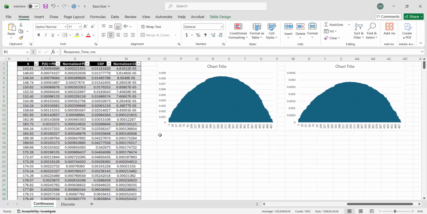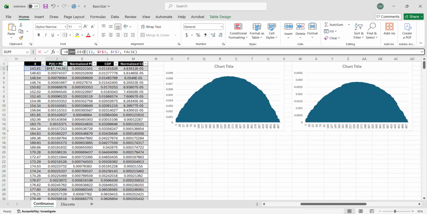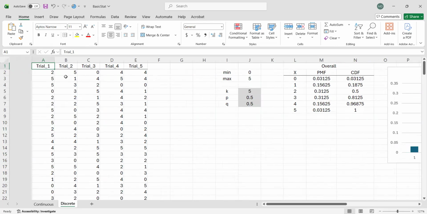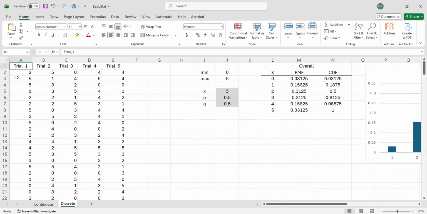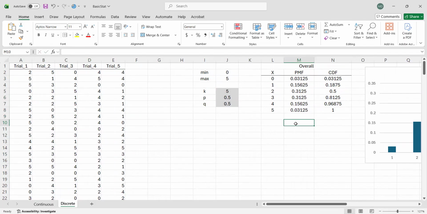Okay, but if you consider this to be continuous, then most likely we use the normal dist function. But if we are working on discrete values, especially binomial, we can use either the binomial dist function, or we can also use the other one, the Poisson, which is quite similar to normal distribution.